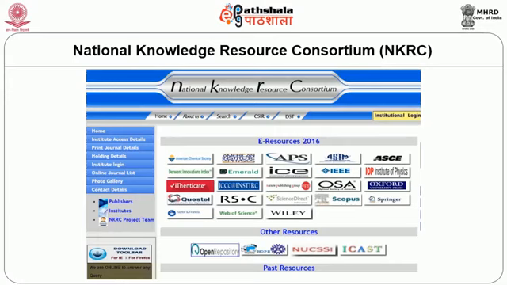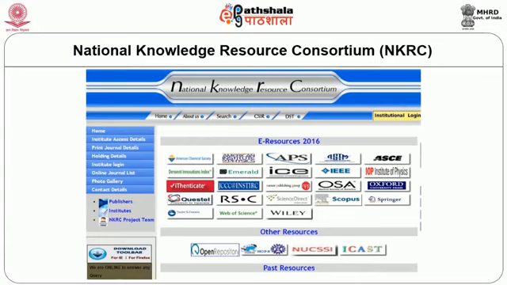Over a period of time, the consortium not only grew in terms of the number of resources but also in terms of the number of users, as more like-minded institutions evinced interest to join the consortium. Currently, NKRC facilitates access to 8,000 journals from all major publishers, the patents, standards, citation and bibliographic databases, etc. Apart from licensed resources, NKRC is also a single-point entity that provides users with access to a multitude of open